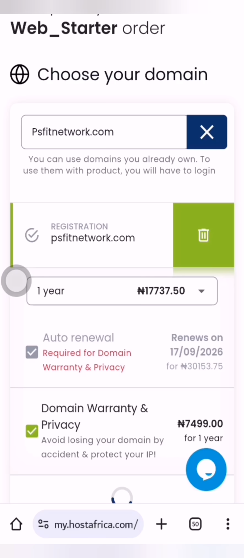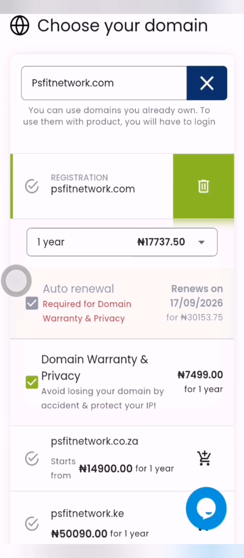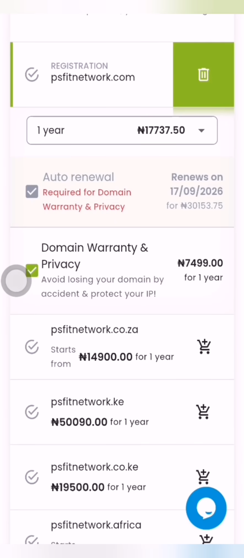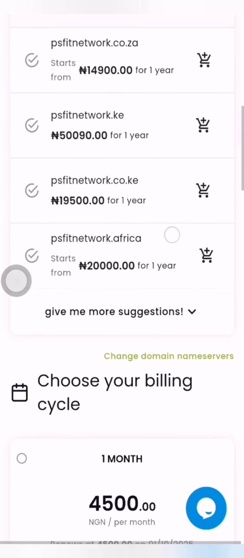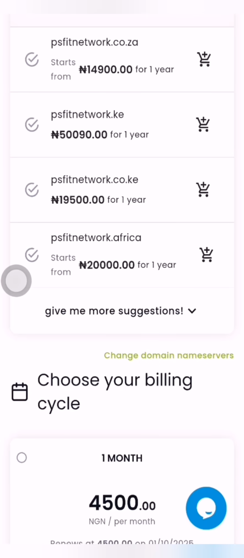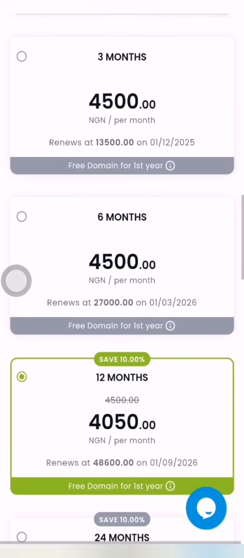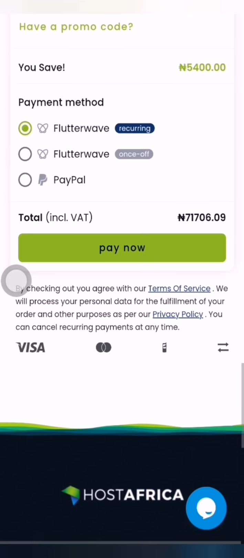Sometimes your domain name may be used by someone else. At the point of purchase, you just discover that the domain name you're trying to use, someone else is already using it, and you just have to adjust. So this is for a year, and this is everything. These are other options too. So moving straight to our checkout, our total money is